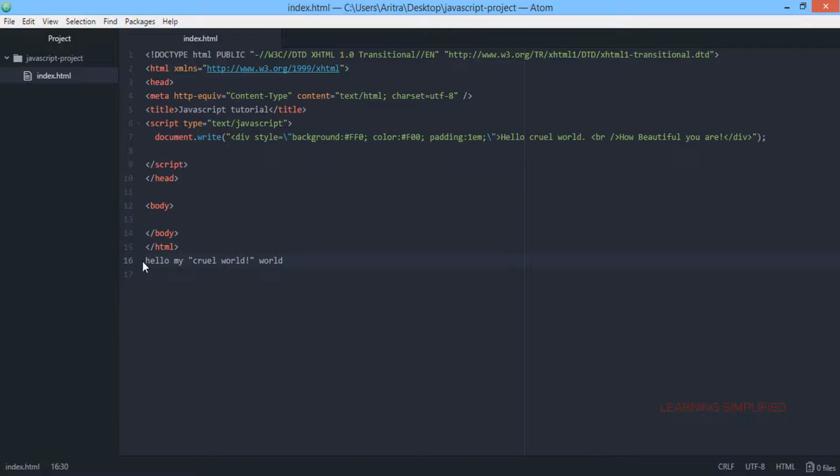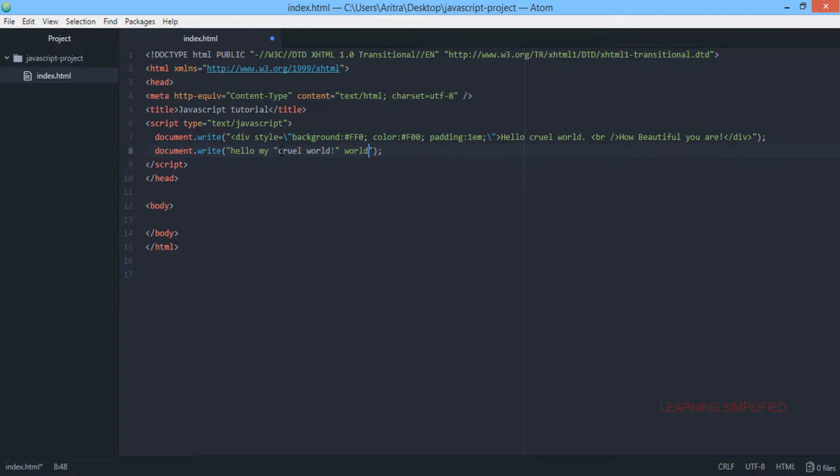Now I want something to be printed into my HTML document, something like this text. That means there will be two individual words coming inside another inverted comma, as we can see over here. If we want to print this whole string into our HTML document, then all we need to do is create this document.write option, put a semicolon at the end,